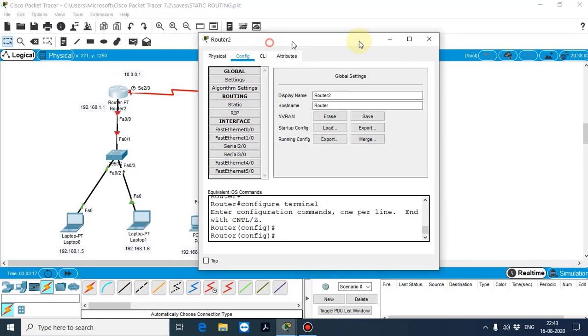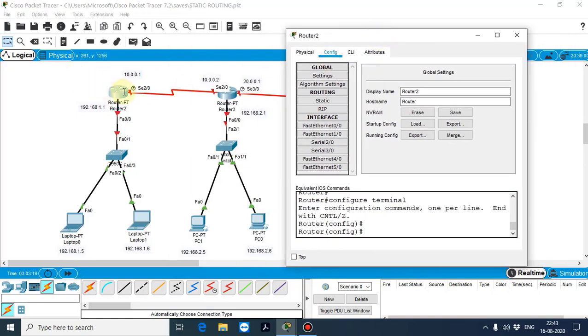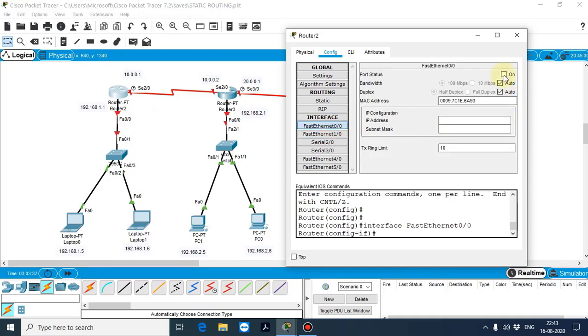Coming to this point, starting from the first router, since this is our tunnel, we are connected through FastEthernet 0/0. So click on the FastEthernet 0/0 interface. First switch on the router and define the IP address 192.168.1.1.